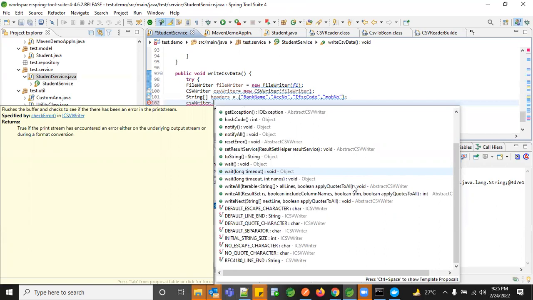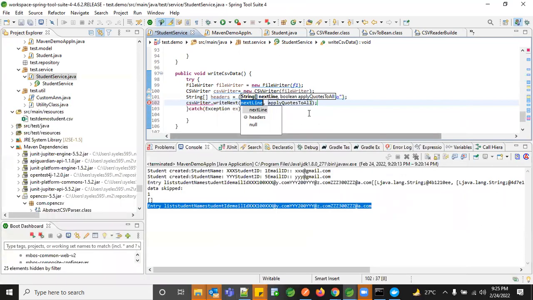Write all? Since we are taking only one object at a time, I can't go with write all because I'm not appending everything right now. So I'll go with writeNext, and I'm going to give my headers.